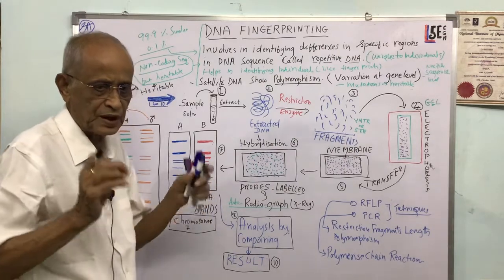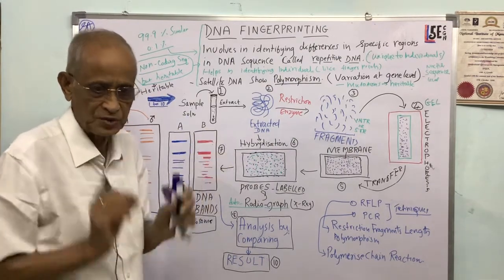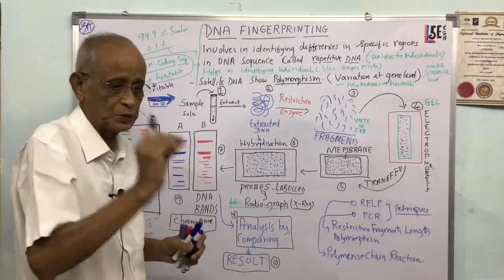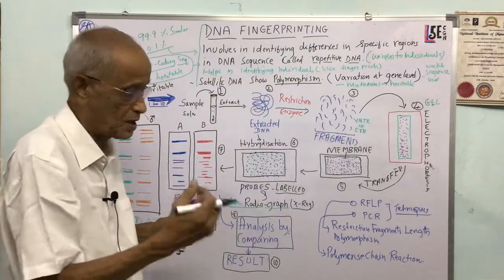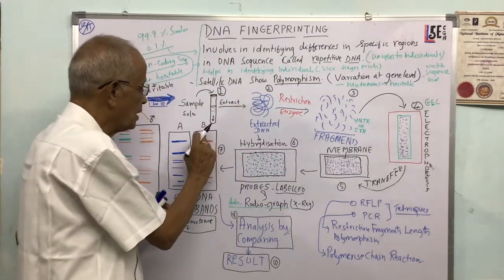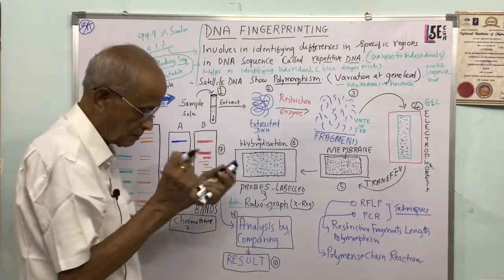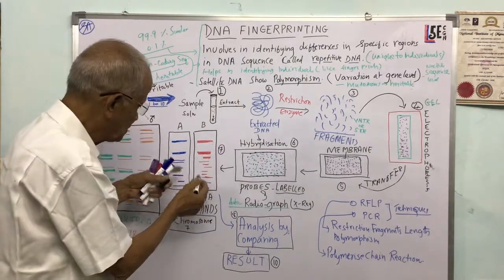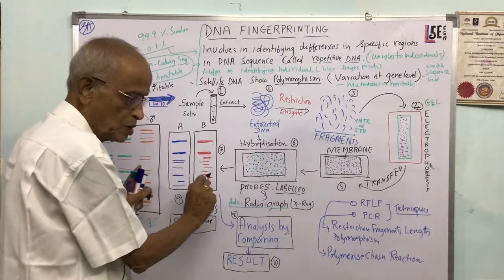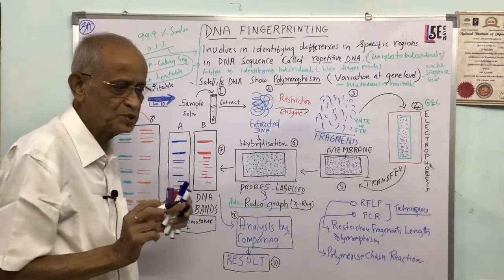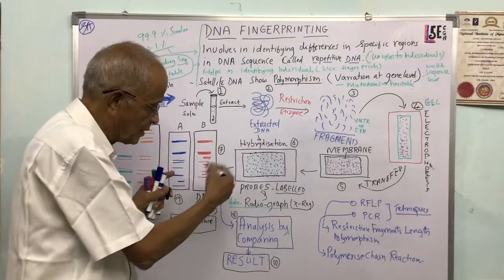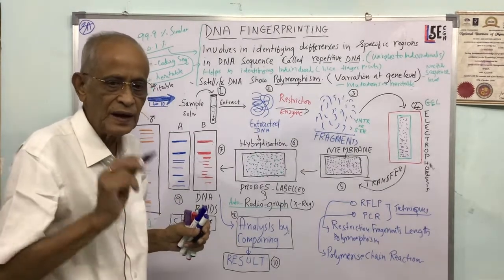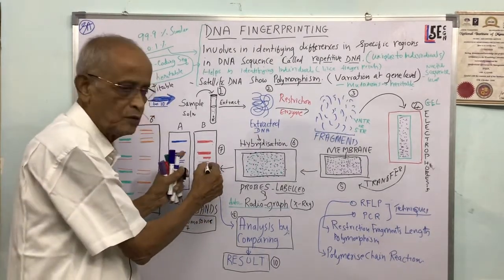So in case it's a crime scene, a dead person was there, they take the dead person's DNA, and if they suspect somebody, they take the suspect's DNA. Let's imagine the red one is the dead man's DNA, and the blue one is the suspect's. When you look at these, they do not match. So the analysis of the crime scene indicates in this case that the suspect is not the real one, because the DNA does not match.